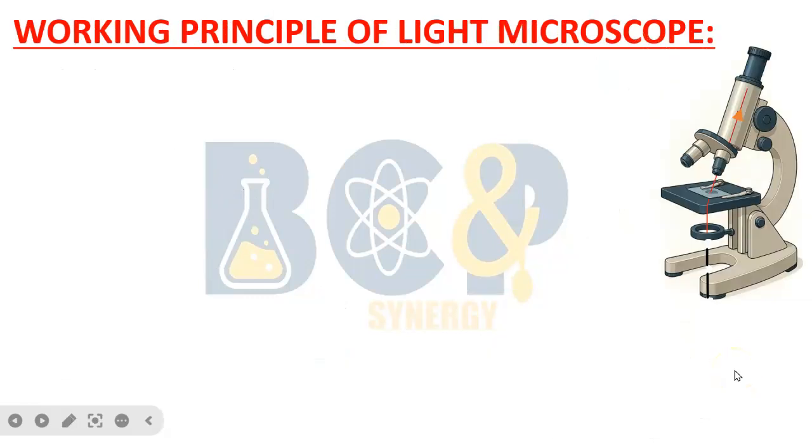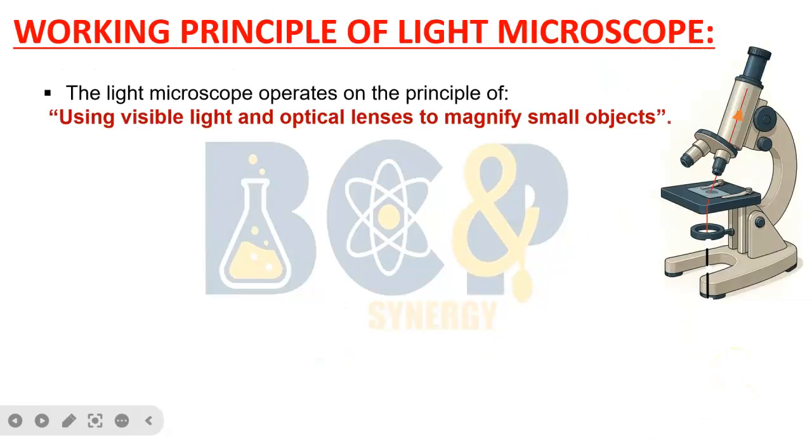What is the working principle of light microscope? It uses visible light and optical lenses to magnify the small objects. On this principle, the light microscope works, that there should be optical lenses and there should be visible light in order to magnify the small object or the structures or specimen that have to be observed through this type of microscope. Now light follows a certain path in order to form an enlarged clear image of object which is observed under it. What is that path?